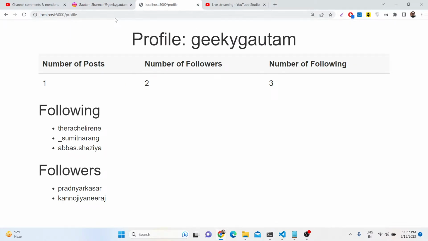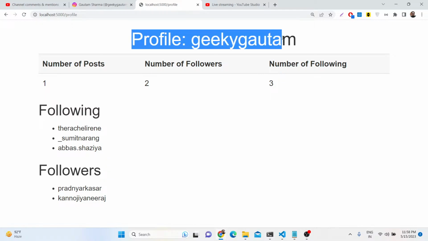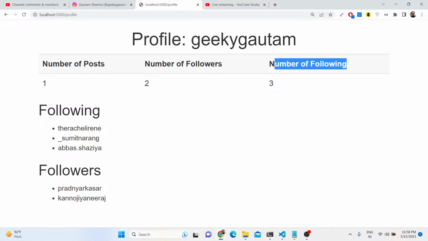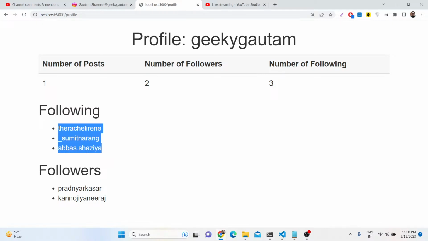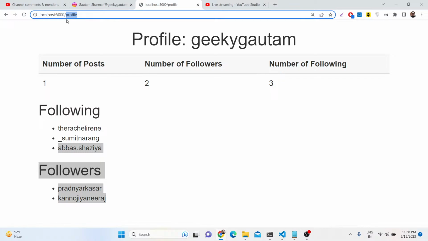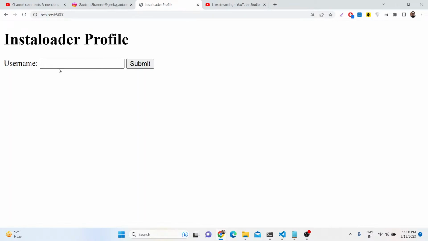So let me just show you. This is basically the application, guys. You will see that the profile will be shown to the user, Geeky Gautam, and the number of posts, number of followers, number of following, and also the names of the users will be displayed right here inside that table. So basically this is the web application we have developed using the Flask framework inside Python, and here you need